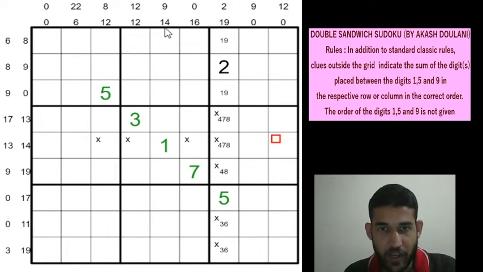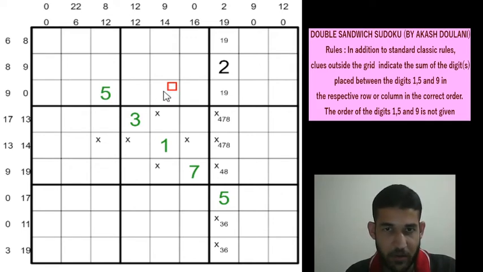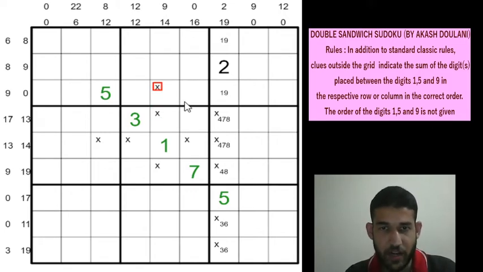And along column 5, if you look, again 5 and 9 can be eliminated from these cells. Can we have a 5 or a 9 here? You can't have a 5. Can you have a 9? I don't think you can have a 9 here, because then you would have to satisfy the 9 clue with a single cell, but you already placed a 9 here. So this is not a 5 or a 9 as well.